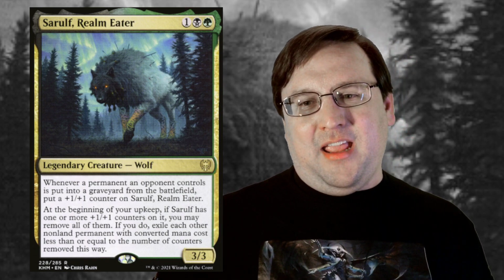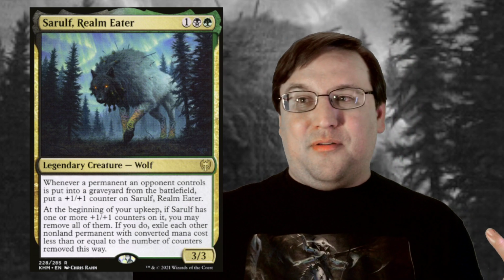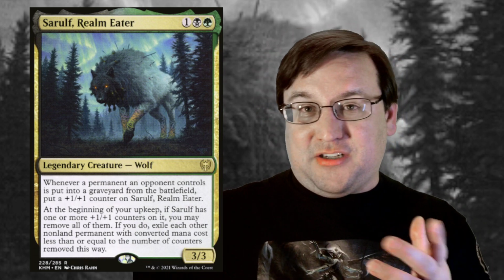So in order for Sarulf to be strong, you have to be blowing up your opponent's board throughout the course of the game. So by the time you actually have an opportunity to pop this off and wipe the board, they already don't have anything, or they presumably have very little, to the point where if you're successful in getting the +1/+1 counters on Sarulf, then wanting to hit that emergency release valve and actually blow everything up, you're probably not going to do that. That said,